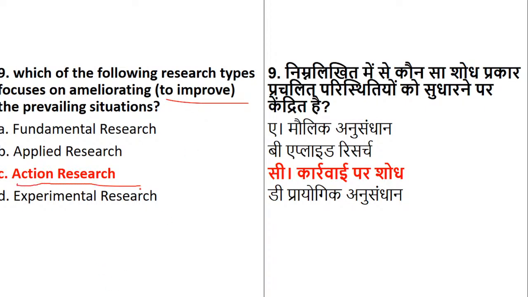Now, not in this 2019 this word was again there, but not in the latest cycle. But prior to that, almost after every periodic interval, this question is used. I mean, the action research key term is used, ameliorating, that is to improve. So ameliorating means to improve, to progress, to develop, and that is with the help of which research? Which is with the help of action research.